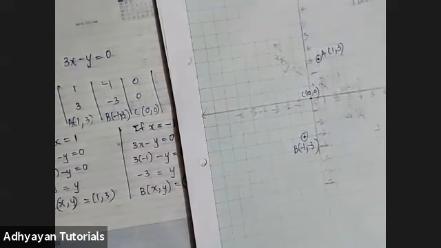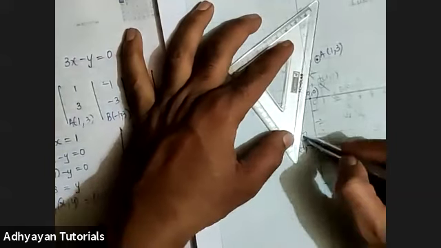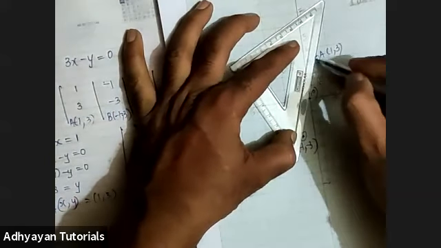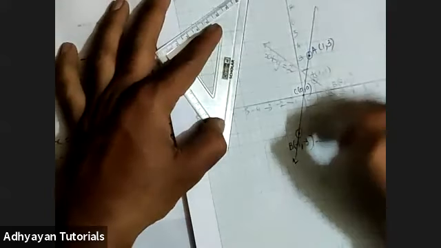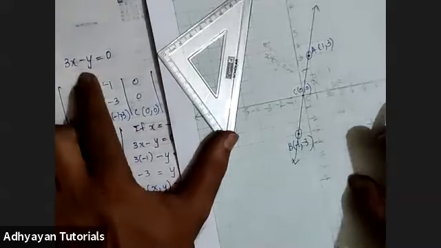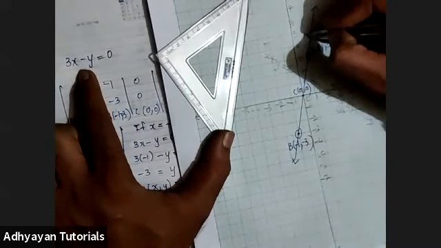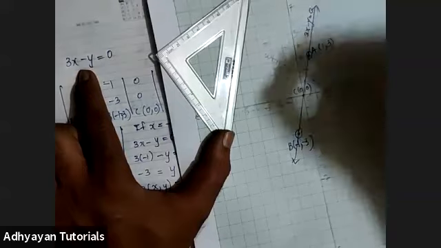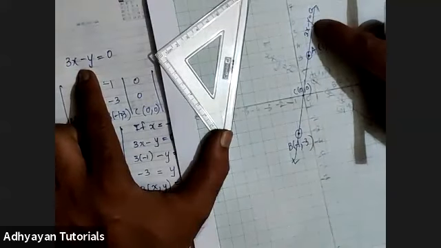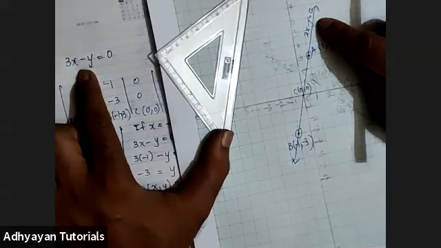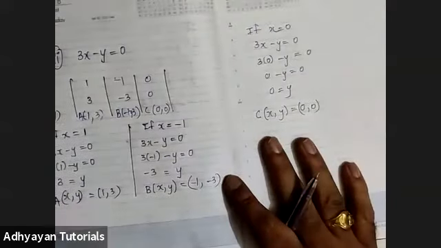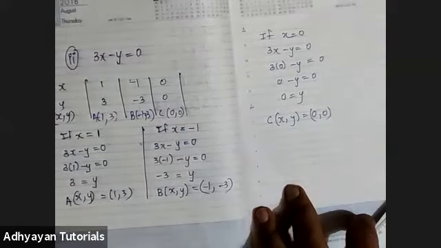Now we just have to connect these 3 points, and if they lie on the same straight line, our sum is correct. Yes, they do lie on the same straight line, children. So when I draw this line, it looks like this. And the equation of the line, 3x minus y, you have to write it somewhere around the line, something like this. If you forget to mention this equation, you lose marks. I hope it is clear to all of you. So here is the part and the graph as well. I'll just keep this right in front of you so that you can copy it.